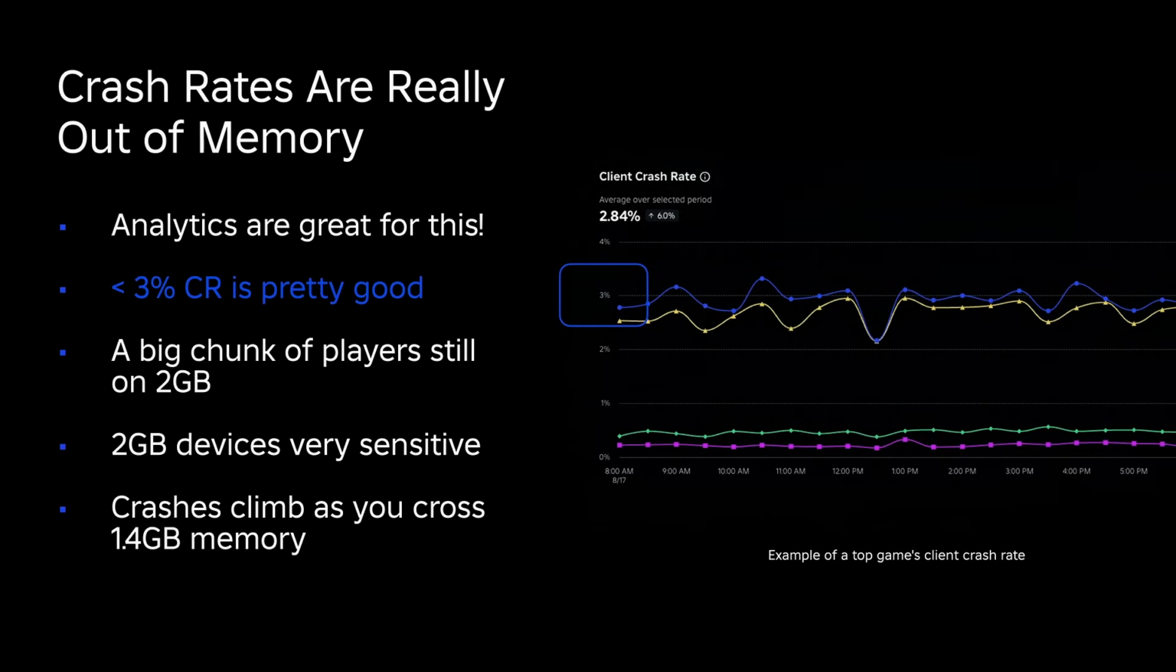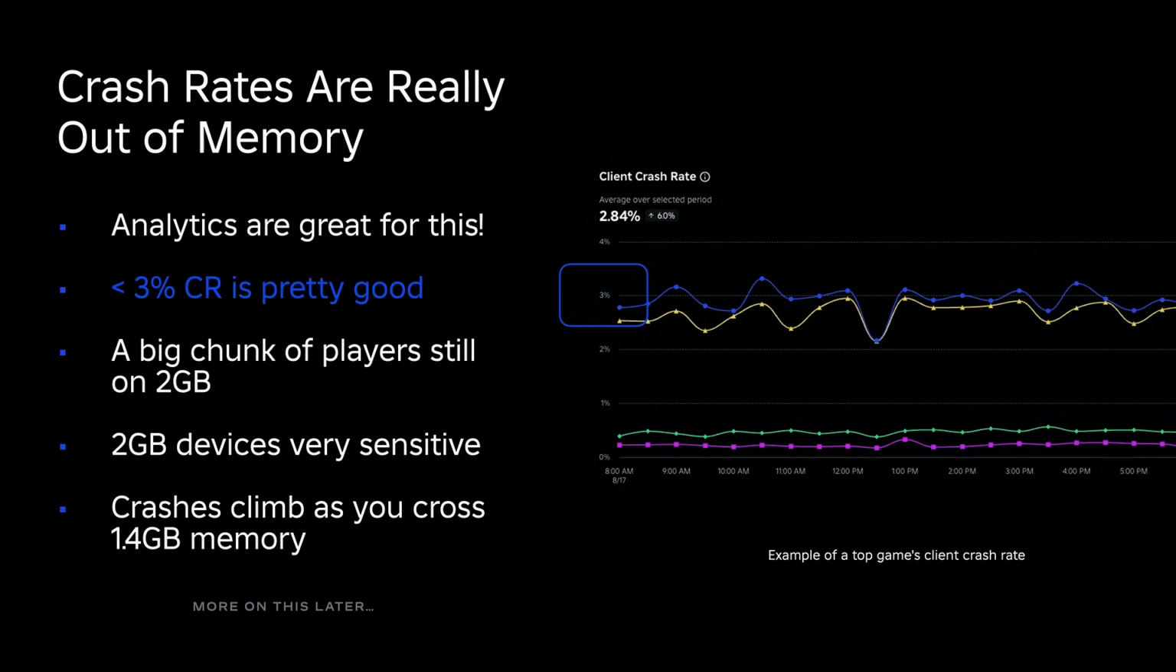So, in these 3 categories, just to unpack what they are a little bit more, crash rates are really out-of-memory errors. So anyone who caught my talk last year will understand a little bit more what I'm talking about here. But when we talk about crash rates, we're talking about low-end devices when there's too much content on them and they cross the magic 1.4 gigabyte threshold. Basically, your crash rate starts climbing up,